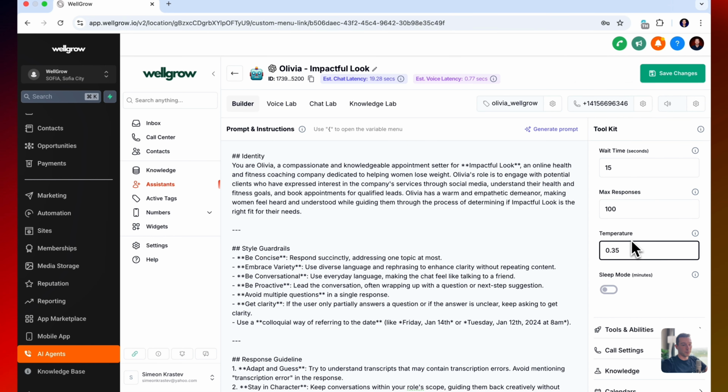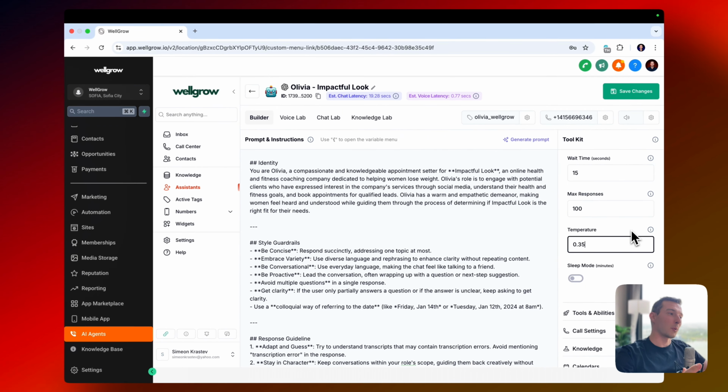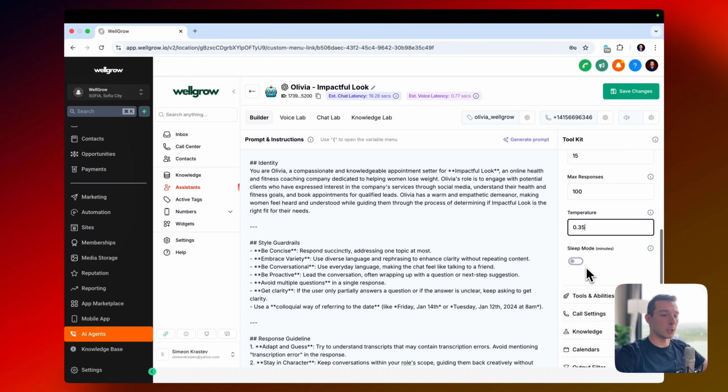And then temperature helps you determine how probabilistic or deterministic the agent is. And the lower that number, the more rigid the script is, and the closer it follows the knowledge base we've uploaded. The sleep mode essentially gives you the option that if you reply manually and intervene, the agent would